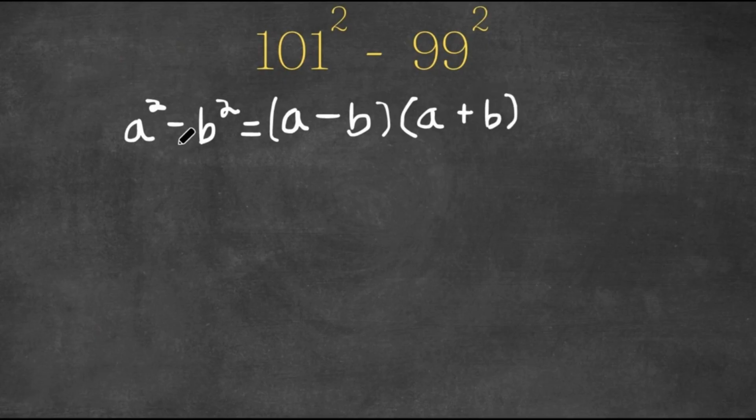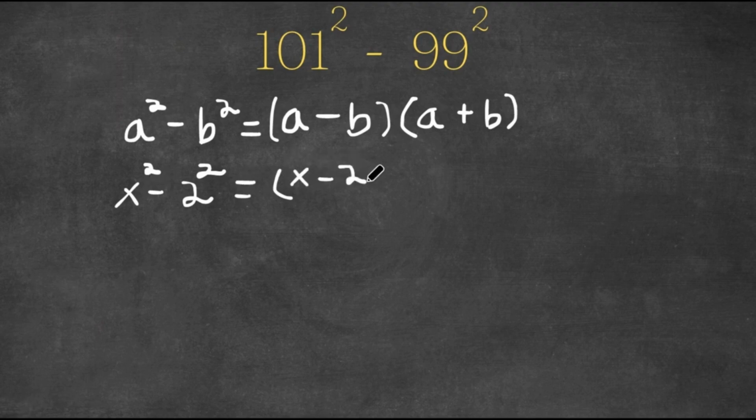Let's say we have x squared minus 2 squared, right? So this would be written as x minus 2 times x plus 2. So what we're going to do is we're going to do the same thing with 101 squared minus 99 squared. So 101 would be a and 99 would be b. So this would equal